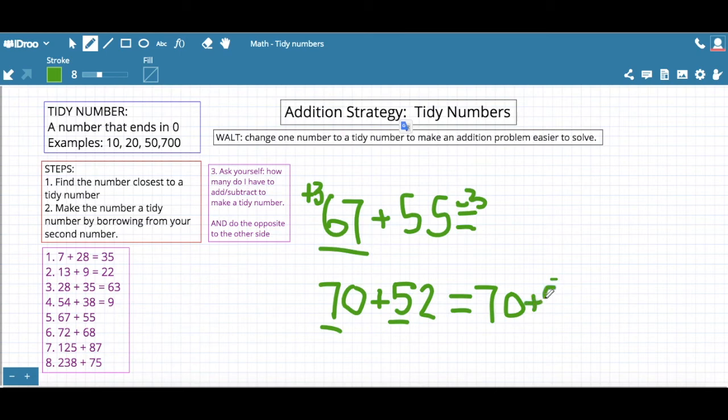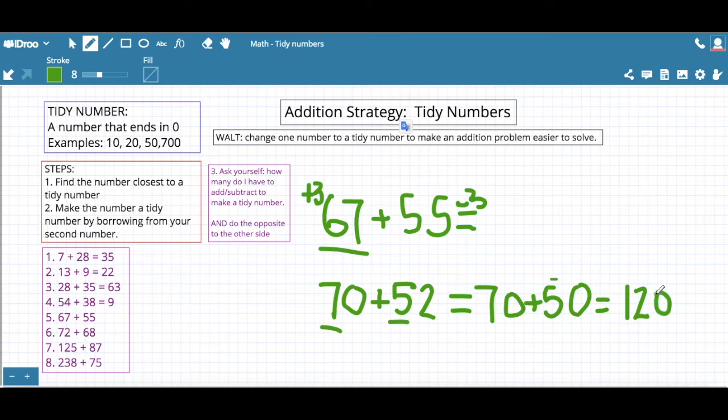The way you can think about it is, do you know what 7 plus 5 is? 7 plus 5 is 12. So, if 7 plus 5 is 12, then that means 70 plus 50 is 120. So it's kind of the same, you're just adding a 0 on. So you can, for a moment, block out the zeros and then just add them in at the end. Okay, 7 plus 5 is 12, so 70 plus 50 is